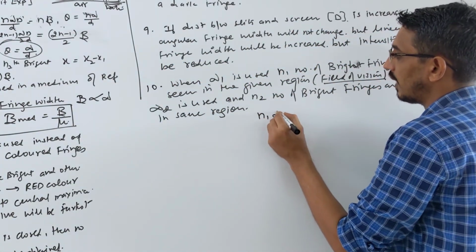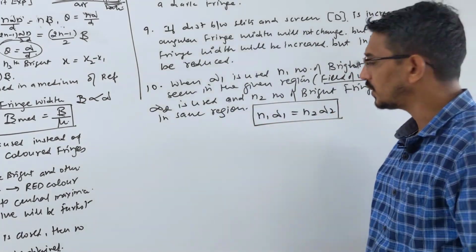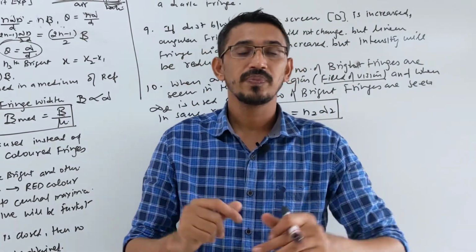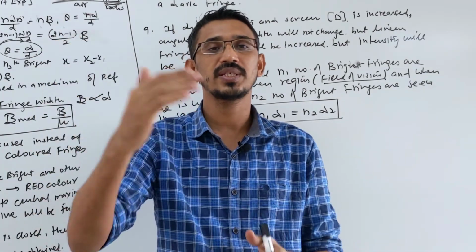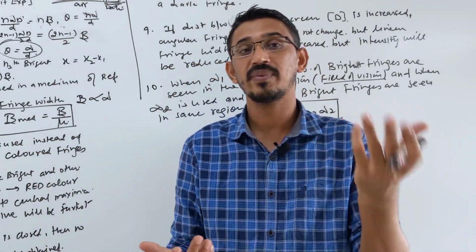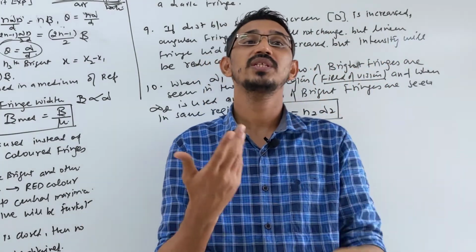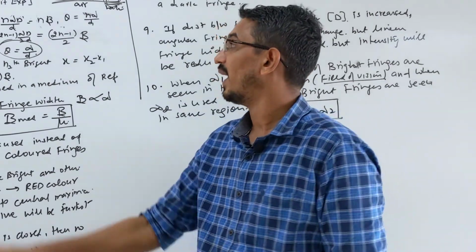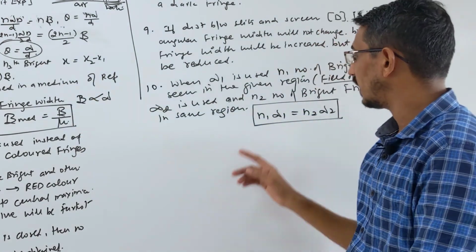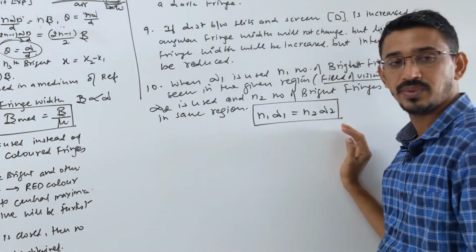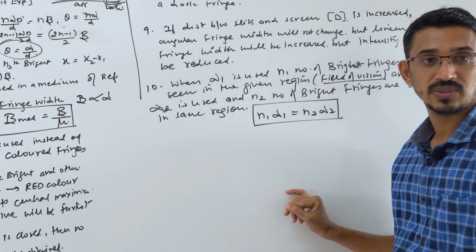Simply you can write n1 lambda 1 is equal to n2 lambda 2. Using this relation you can find the unknown. Generally they will ask you n2. Once more, they say I use a 3000 angstrom wavelength, and in some space or distance 10 bright fringes are seen. If I use another wavelength, 6000 angstrom, then how many fringes will be seen in the same space? So x remains the same. n and lambda are inversely proportional, so you can write initial n1 lambda 1 is equal to final n2 lambda 2, and find the new number of fringes. The same question can also be asked for dark fringes.